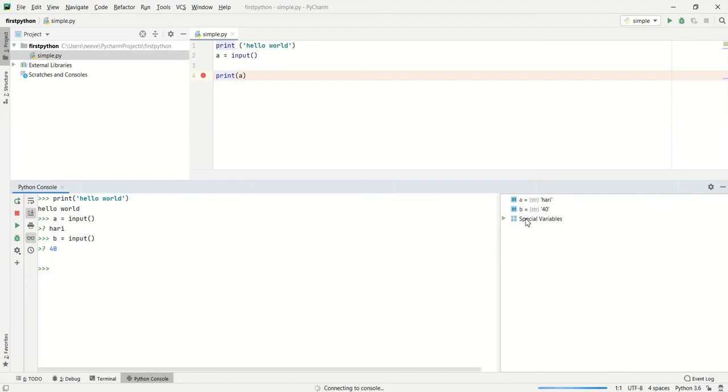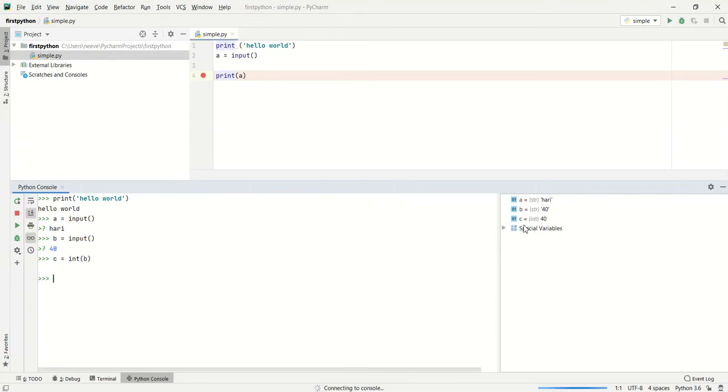a string variable. If you want to convert that particular variable into integer or float, you have to use the respective function. For example, I can use c equals int of b, which converts the string into the integer variable over here.